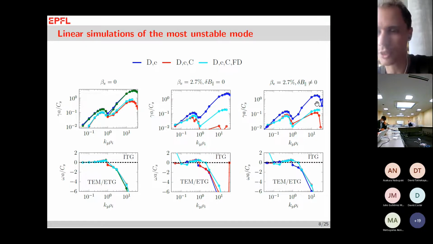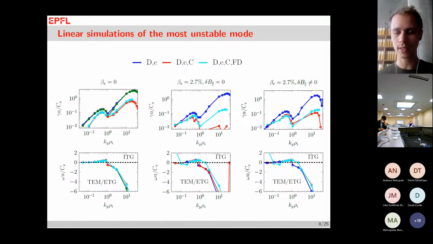And in fact, if you look at the other cases, there's a slight destabilization due to these delta P parallel fluctuations, both for fast ions and if we only have the two species. We also have a slight change in the frequencies. Now, the conclusion from this is that essentially we need to include really all four species. We need to include beta, and we need to include delta B parallel to properly model this scenario. Potentially also because the effects we see here might be enhanced nonlinearly.